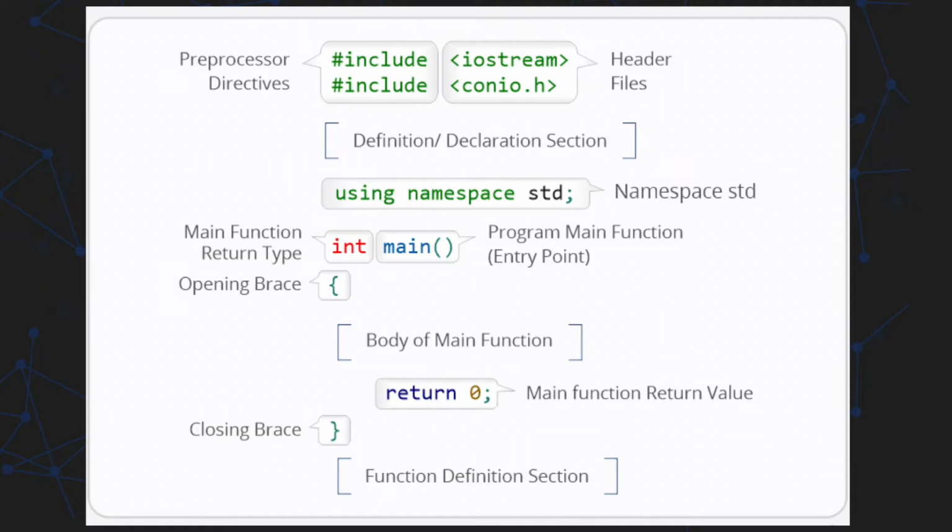The first thing you can see is the hashtag include. Include is basically a folder in your PC, right? In that folder you will have multiple header files. Now let's understand what is a header file. Header files, as the name suggests, are files that contain multiple functions that help us write code more easily and efficiently, right? So if you have to use a particular function, you have to mention the header file within which it is accessible. So we have to mention that at the topmost